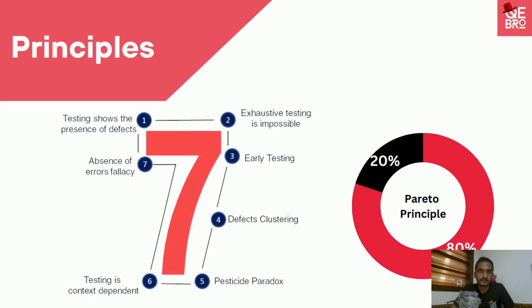As I mentioned, when you do more testing, you will be able to identify more issues in the lower environment. We do testing to identify issues, not the other way around. We don't do testing and say, we didn't identify issues, so the product is bug free. No, that's not it. We do testing to identify bugs and to fix those, not to blame anyone. So testing shows the presence of defects. When we do more testing, we can identify more issues, which means we can fix those early. So that is principle 1.